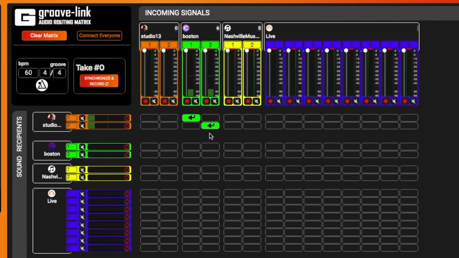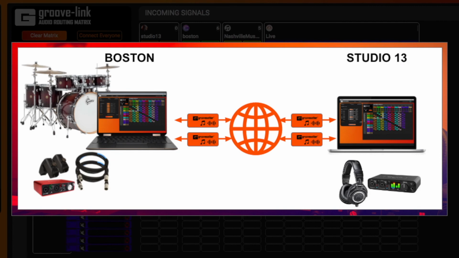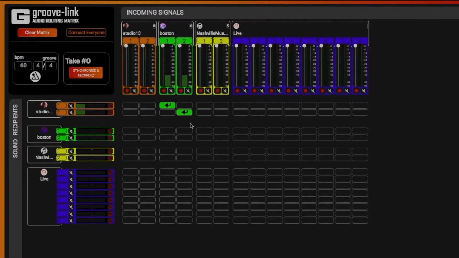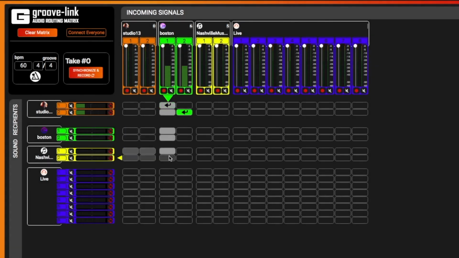Back on my screen, I am routing these two incoming signal channels from Boston to my own recipient channels number 1 and 2 of my audio interface. This allows me to monitor Boston's signal directly in my headphones. As Boston captures audio using a microphone, that uncompressed sound is traveling through Boston's audio interface, then over the internet, and then arrives directly to me over the two peer-to-peer channels Boston and I have connected with. From here, once the signal arrives to my routing matrix, I am able to route the signal to any output connected on my matrix. This could be additional outputs on my audio interface, or mix board, other groovers, or external compatible audio applications.